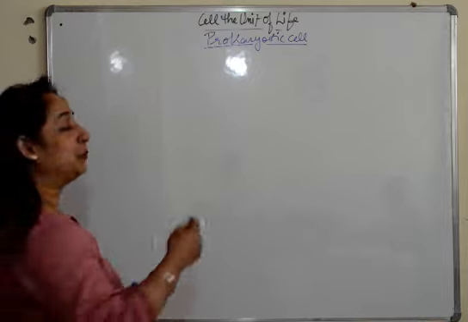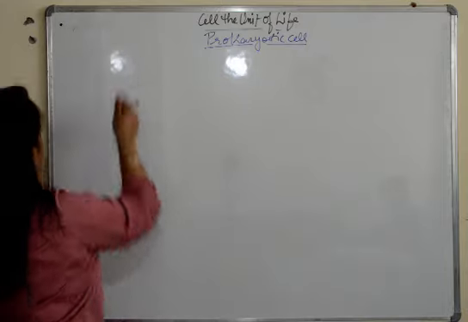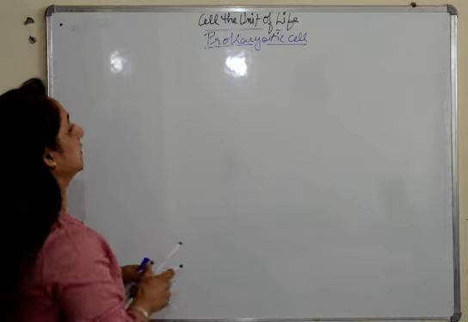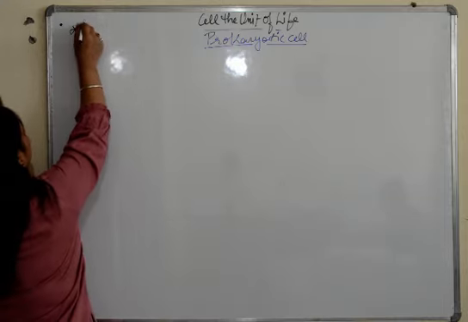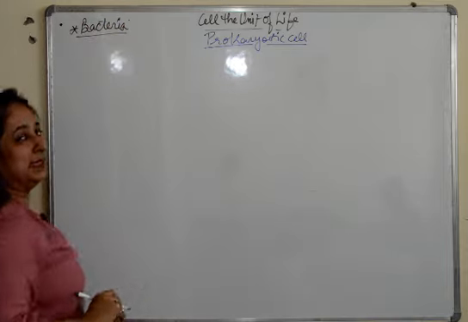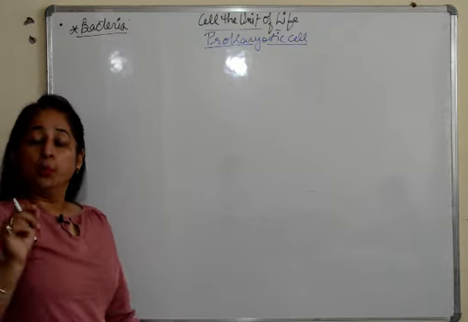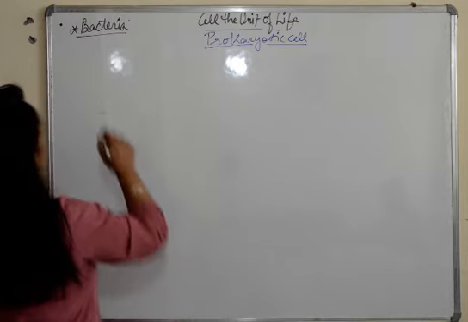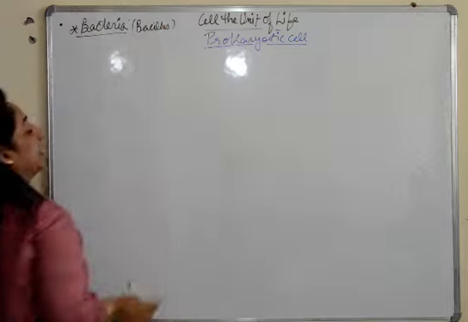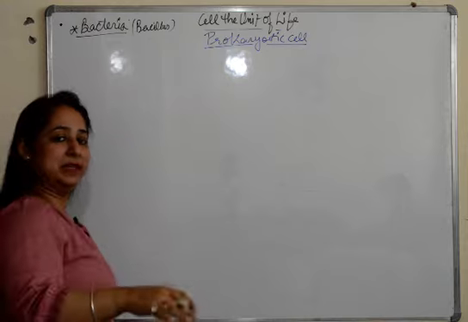First of all, when we talk about prokaryotic cells, we are talking about bacteria. We are talking basically about the bacterial cells. Fine. So the example would be bacteria, or the bacterial cells. I'll simultaneously make the diagram and explain as well. Most common bacteria which we observe is the bacillus. The rod-shaped bacteria is the most common one which we observe. So we'll make the diagram and simultaneously the function.